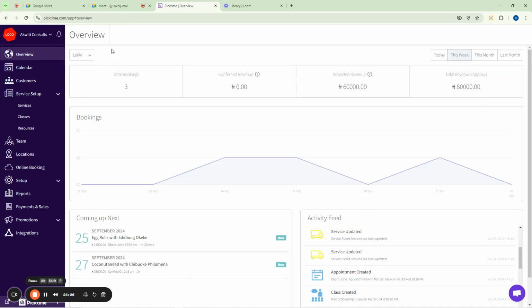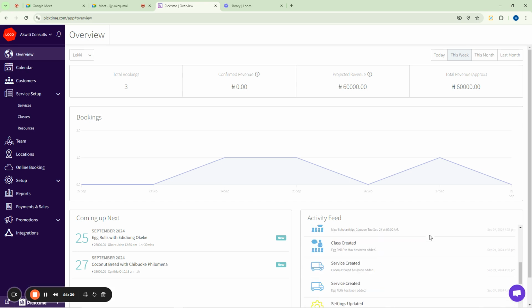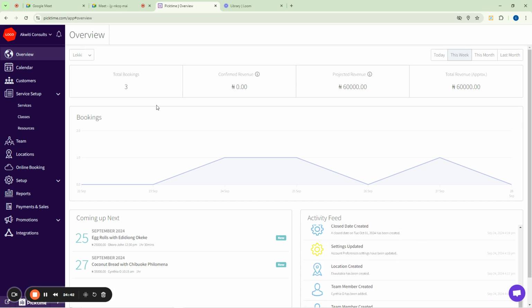This is what our overview can do for us. If you are the boss and you come to work tomorrow, maybe you are thinking, I don't have money, maybe the week has been so slow, what is going on, we don't have any booking. If you come to your system, you can ask your secretary, please print me the entire schedule for the whole week. She will go to this weekly view and print out everything she has here. So maybe now you see that, okay, you have three bookings.